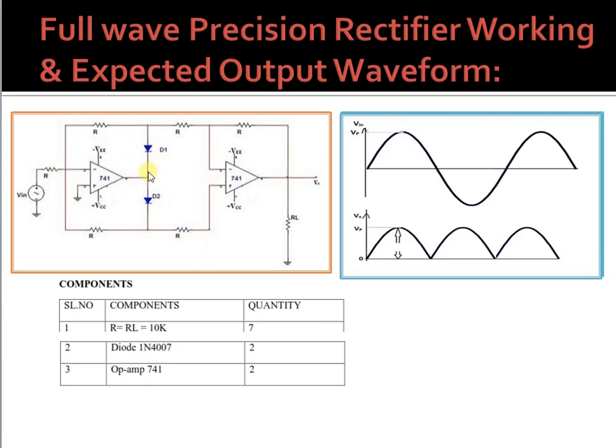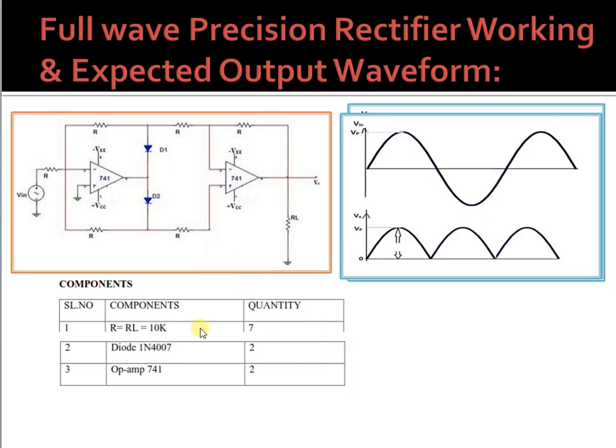Because the voltage here is a positive value and this is open circuited, you can see that we have applied a negative half cycle, and a negative half cycle applied to the inverting input terminal will yield a positive half cycle at the output of the second op-amp. So the output voltage when you apply a negative half cycle will be a positive half cycle, having a peak value same as that of the input.